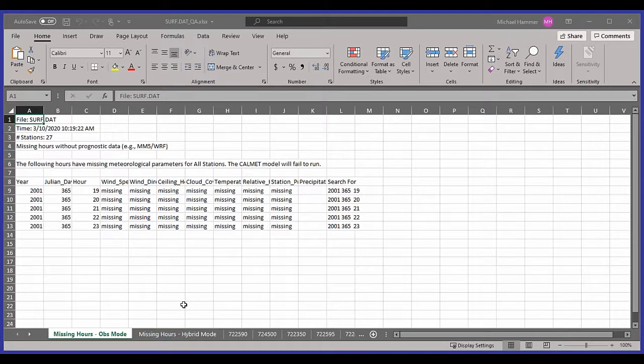If I had other missing hours here in observation mode, I could also take a look at the missing hours hybrid mode tab. And what missing hours hybrid mode would inform me of is if there are gaps that can be addressed through the use of, say, WRF meteorological data or MM5 data, those gaps would be shown as filled here, and it would then only show me the hours that absolutely have to be filled in order for CALMET to do its processing. So with this new surf.dat_QA